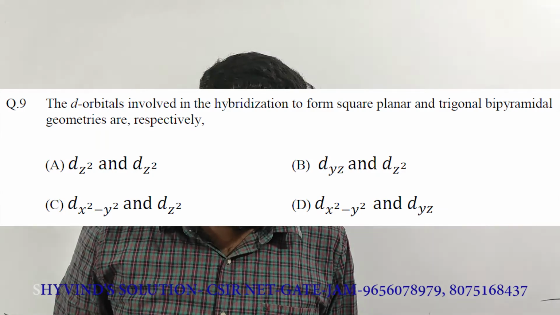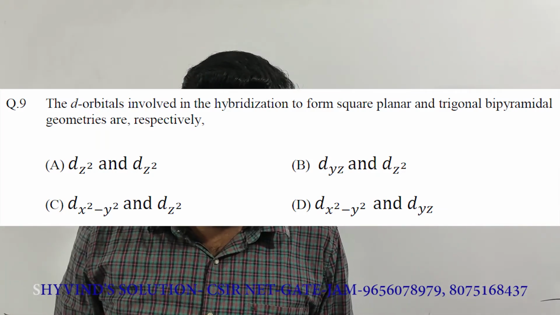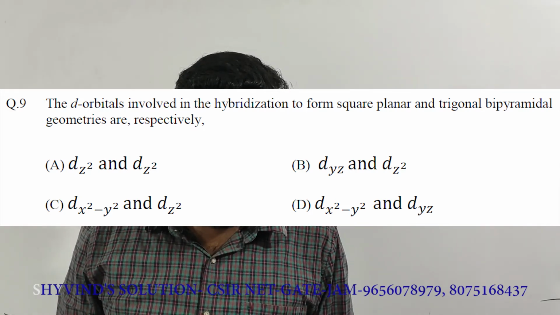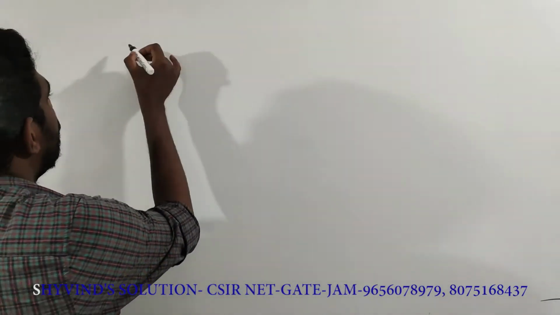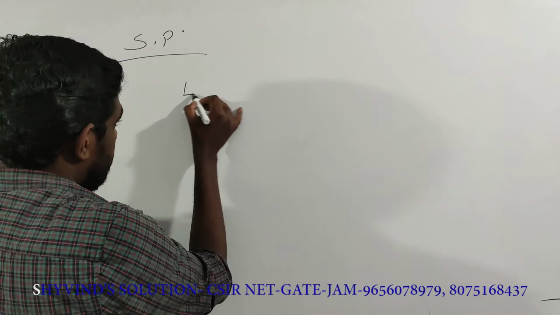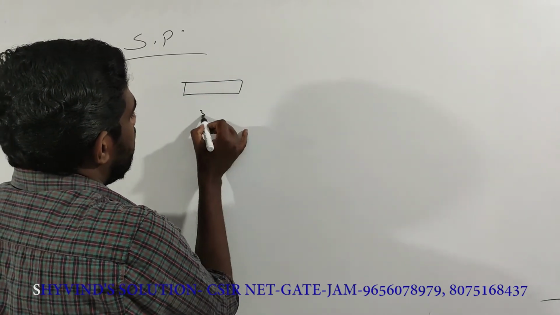Question number 9. The d orbitals involved in the hybridization to form square planar and trigonal bipyramidal geometries are respectively. For square planar systems, the hybridization will be like this. If we are talking about d block elements, it will be 3d,